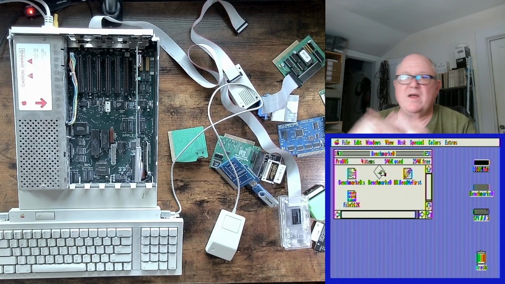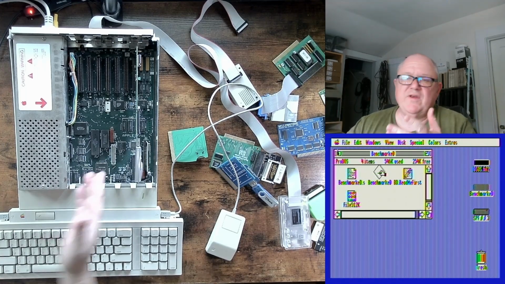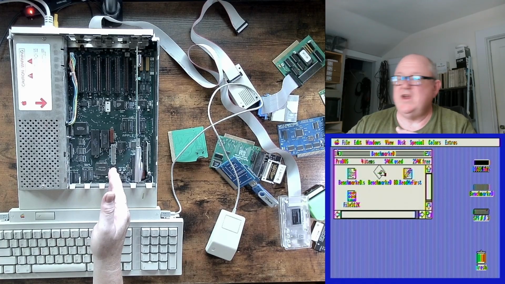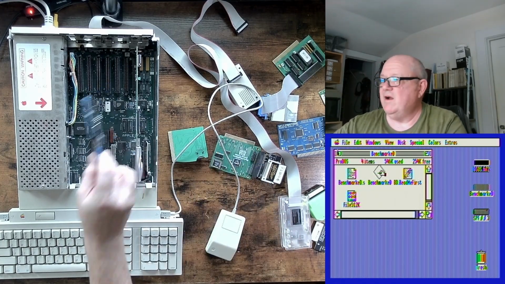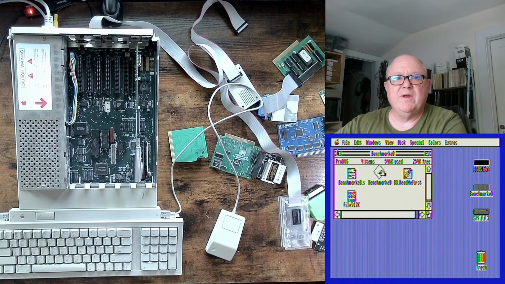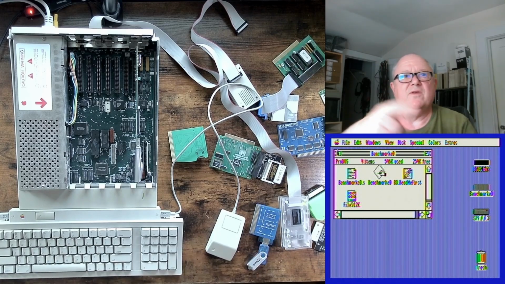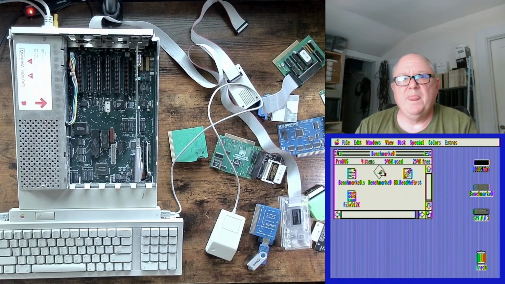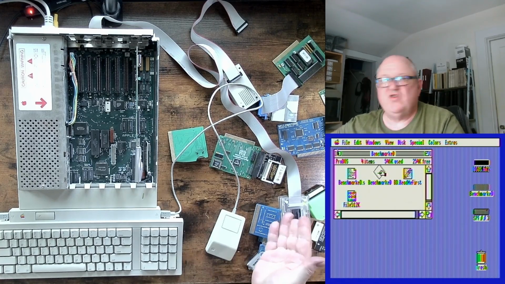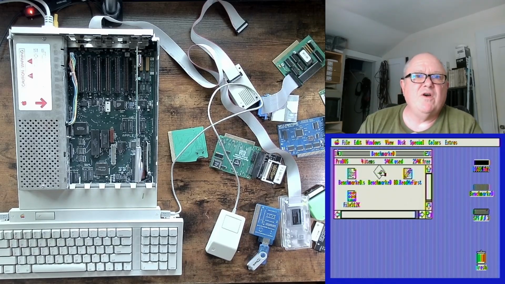It's not so much of an issue if you're just testing the things that are in your GS, and if I was to put a single another card in here and have the volume mounted, I could just copy this folder over and we'd be done. But it's a little bit more inconvenient for me changing out all the cards. So I'm going to go back to the other test that we did